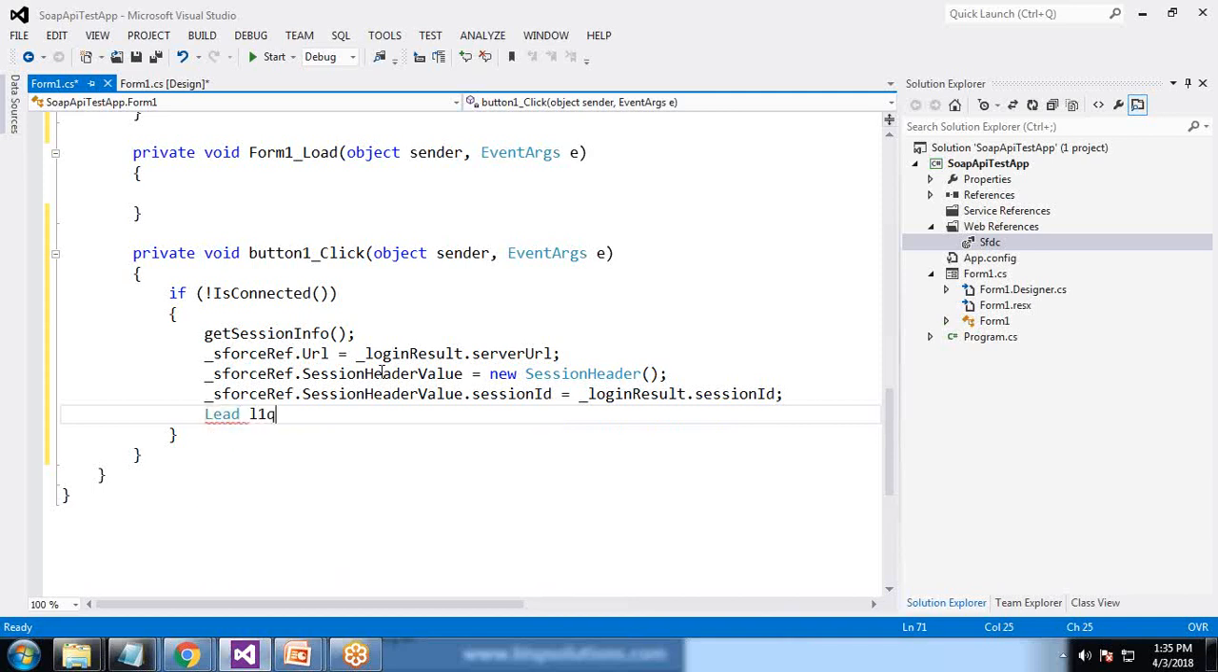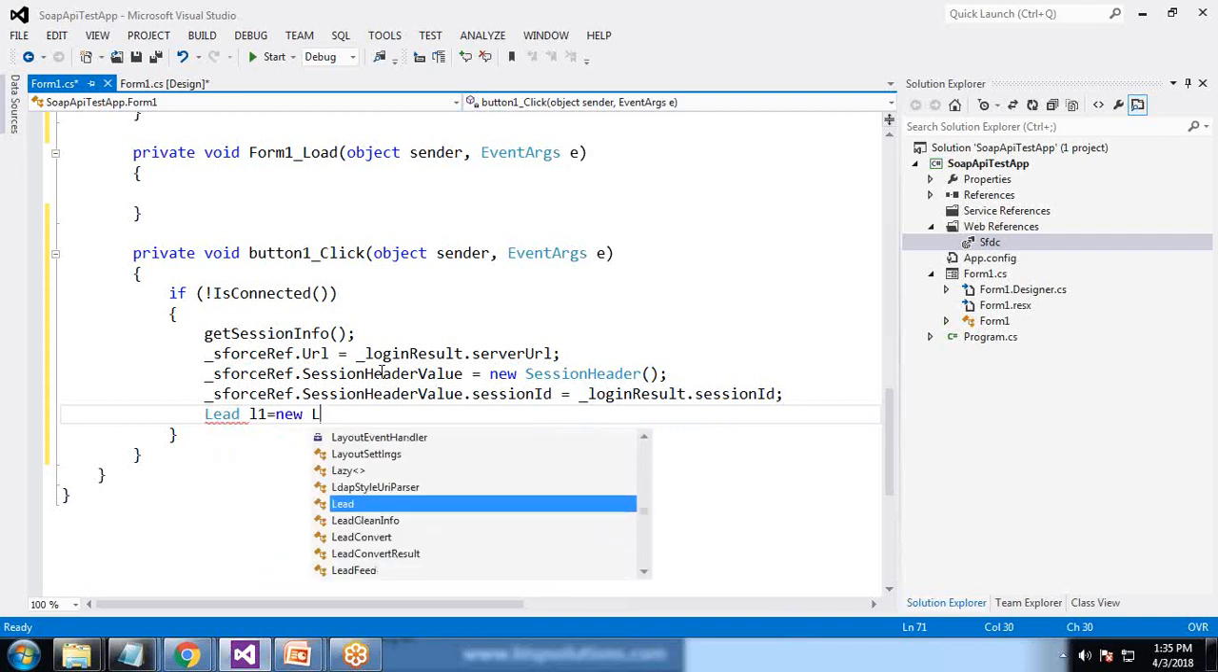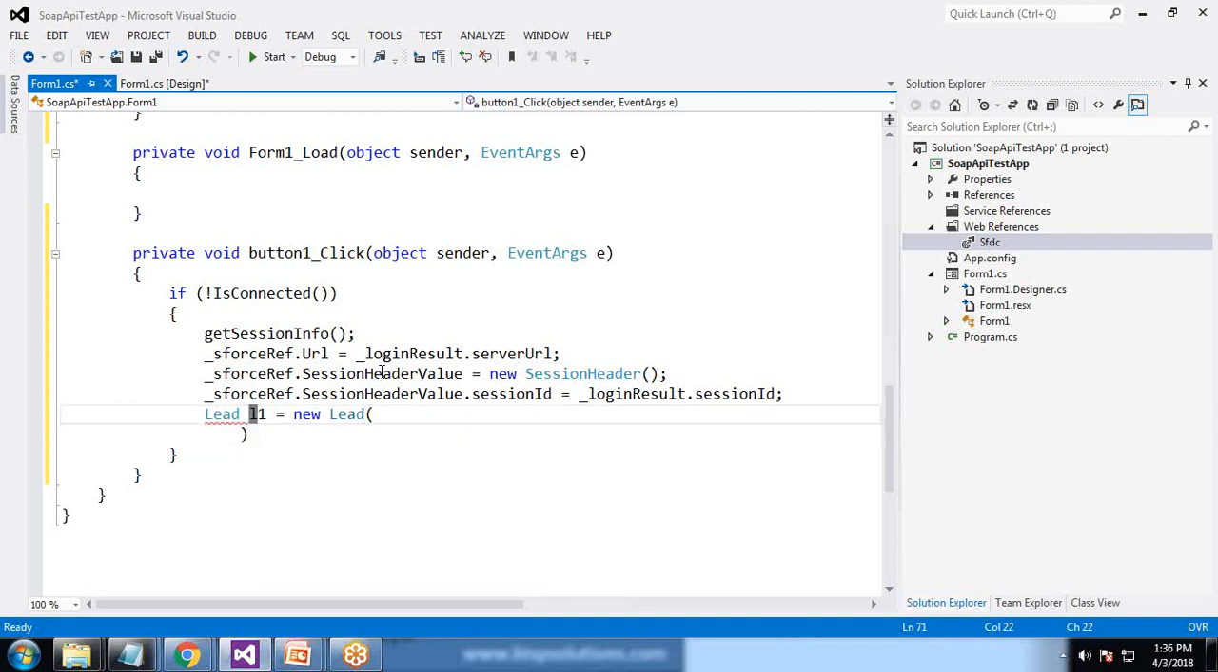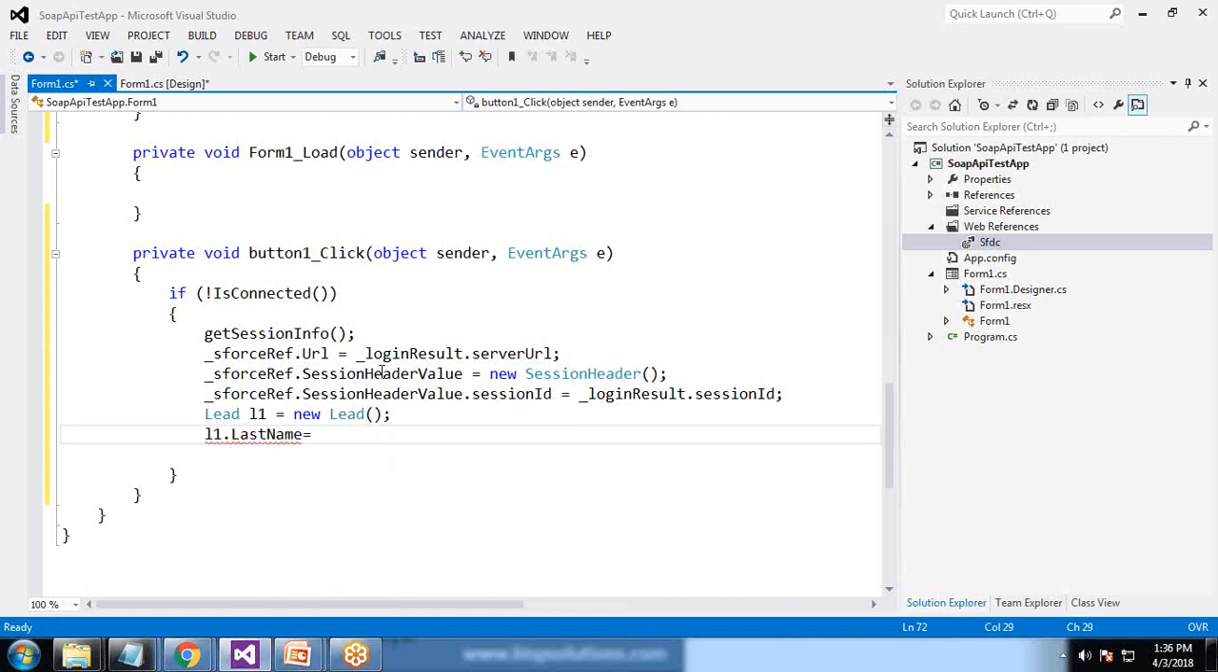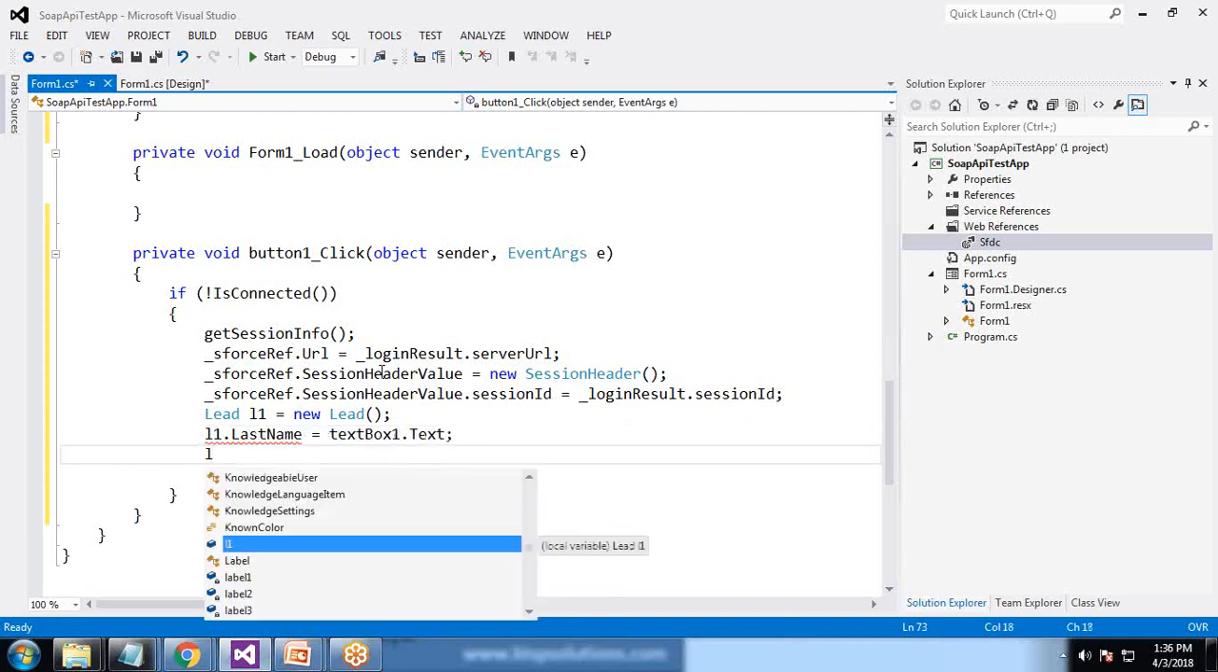So I write lead L1 is equal to new lead. So I create a new instance for my lead object. And we set the values, L1 dot last name. Also we can access all the variables, all the fields we used to have in that object. So L1